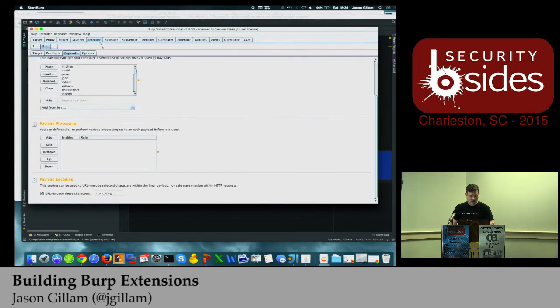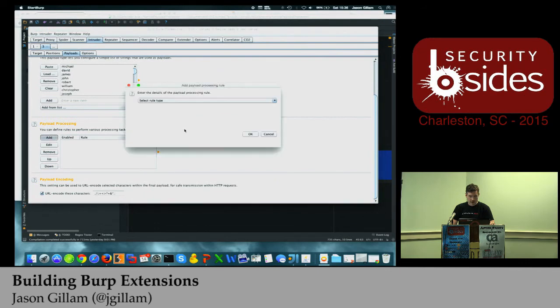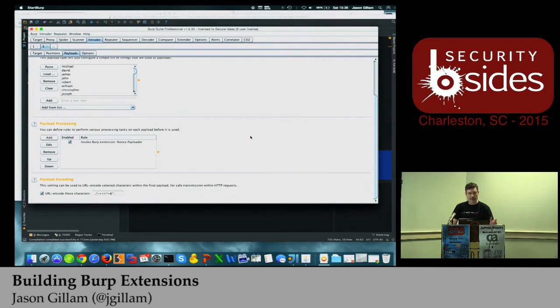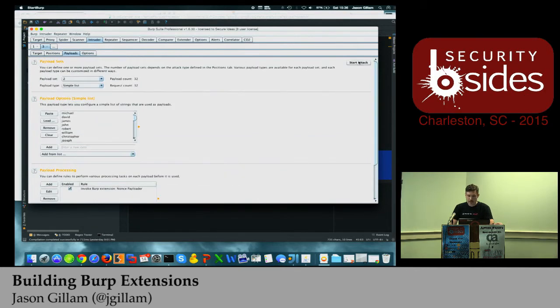And then it also shows up inside of Intruder. So I can add the payload processor, invoke burp extension, not payloader is what I called it, because in burp everything ends in ER. I don't know if you ever noticed that. So I try to stick with it. So now we have that. So now if I start the attack,